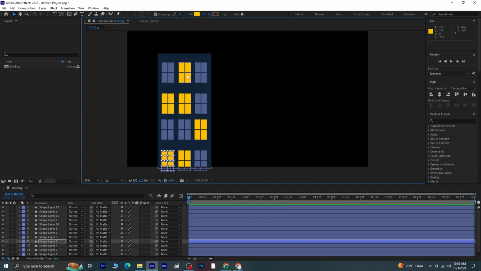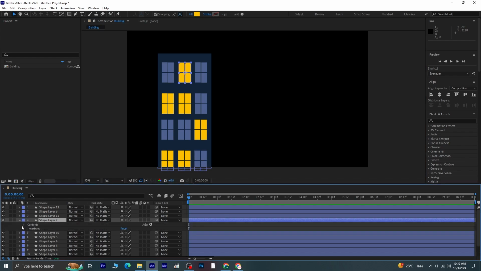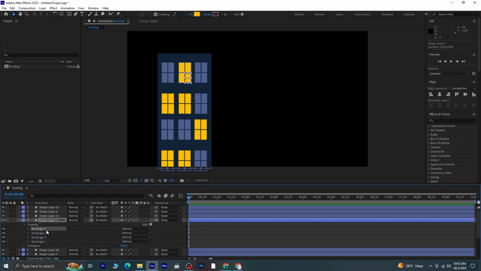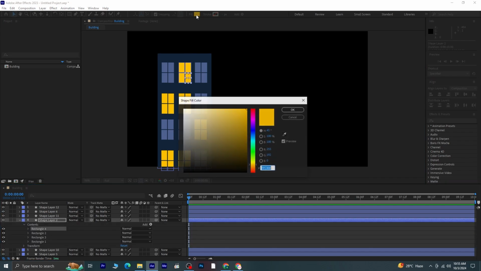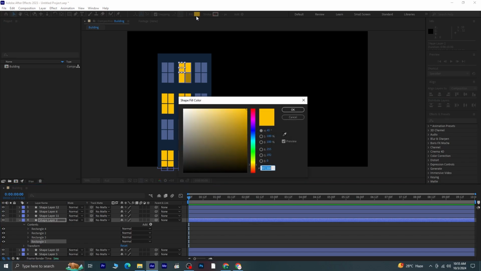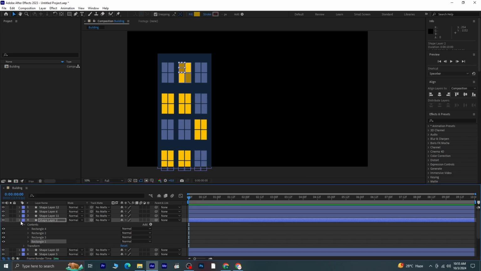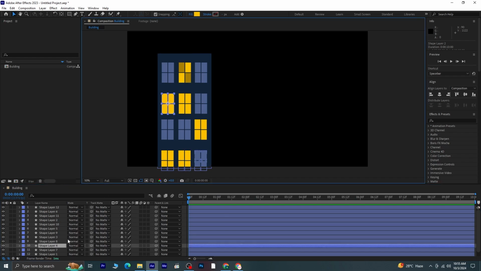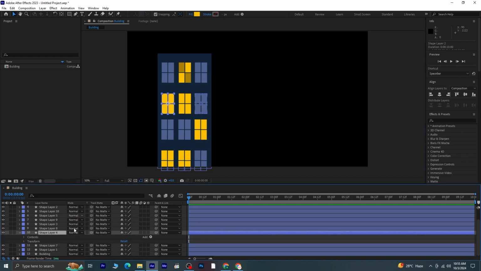If you want to give a different color to one set, first select it, then go to the shape layer and navigate to the contents. Here, you will see the 4 rectangles. Change the color of a few of them if you want. For example, let's make some of them a bit darker. Copy the color code and paste it onto rectangle 1 as well. This will add more detail to your design. Repeat this with a few other windows, giving them a mix of light and dark colors to bring the design